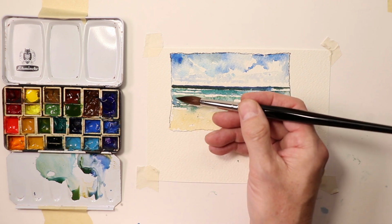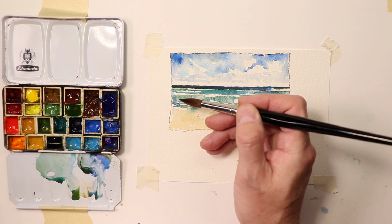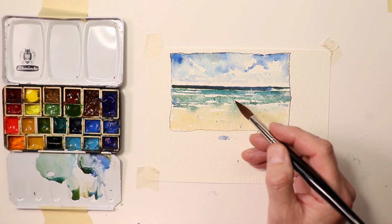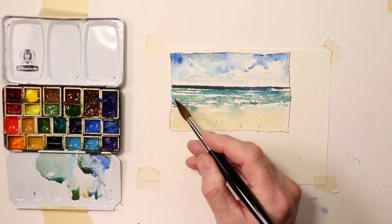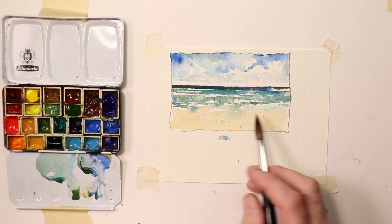And then some wider brush strokes here where we press down on the brush and widen it out a little bit, and we get a little larger brush strokes and that feel of the ocean here closer to us, and then filling in the sand with just maybe some